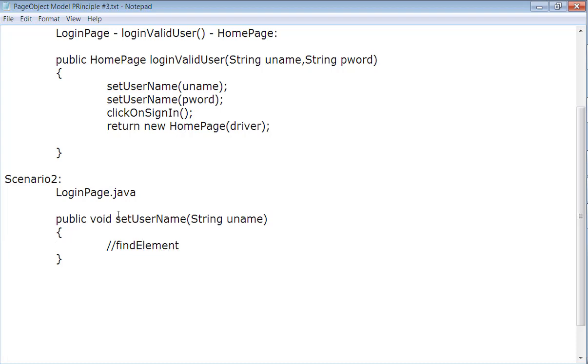But are we able to navigate to a new page for setting the username? No. What we have to do in this case is just return this. It means we are in the same page.